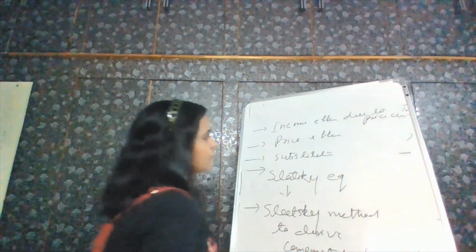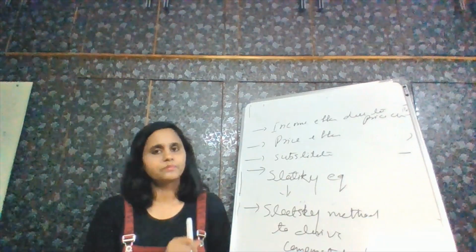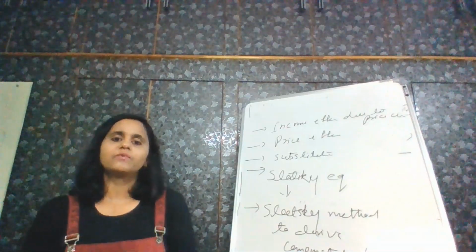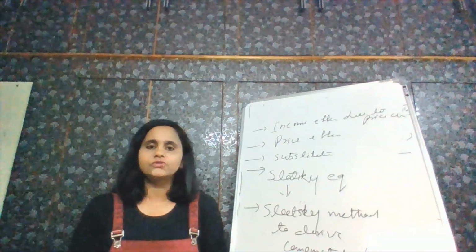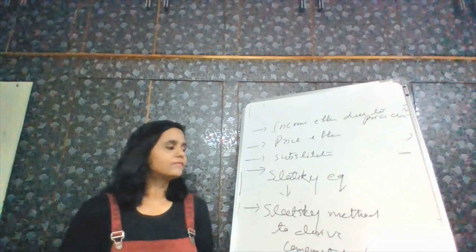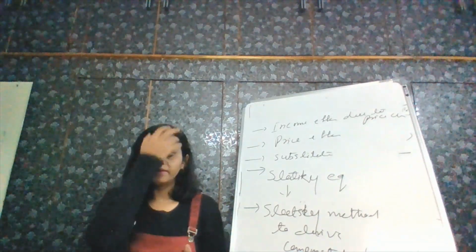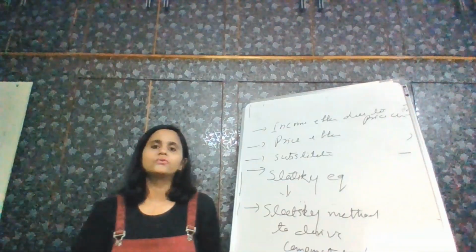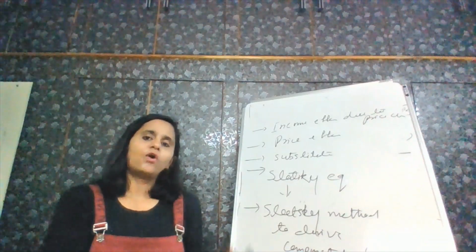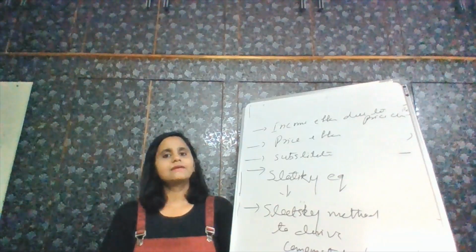So basically, we saw income effect, substitution effect, price effect. We saw how price effect is equal to your substitution effect plus income effect that has arisen due to your price change. And we saw the Slutsky theorem for this, how to derive that. We also saw how to compensate income using your Slutsky method, where we were keeping the purchasing power constant and trying to derive a new demand function by compensating for your income loss or gain. So this is the whole income effect and substitution effect for today's class.